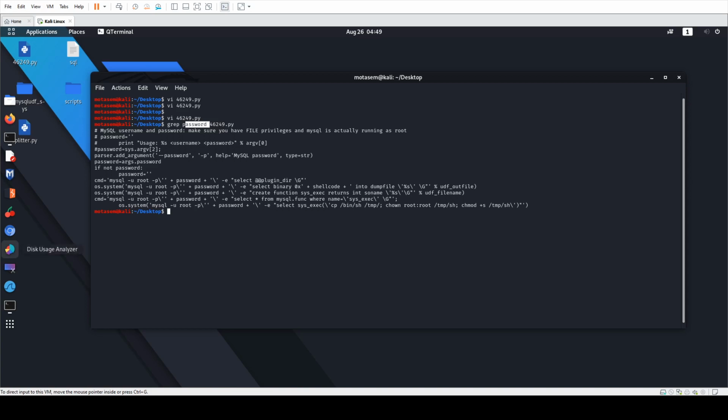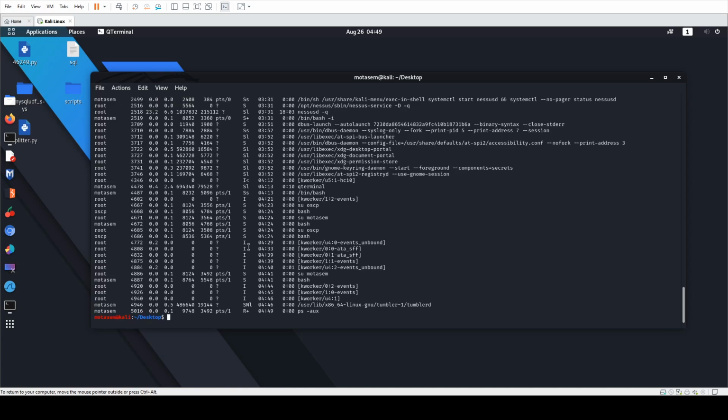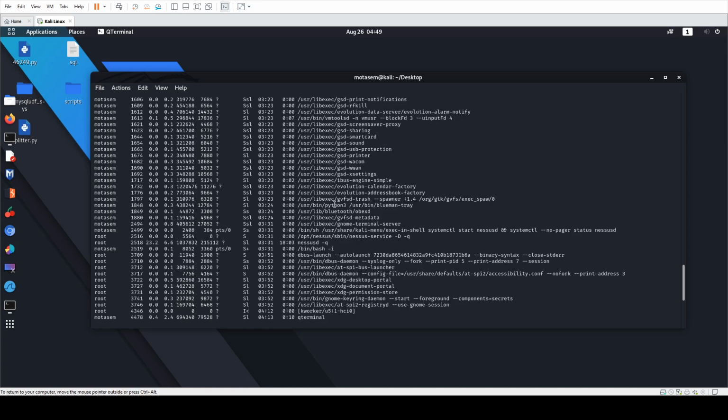Now, let's talk about how we can use the command in a practical scenario, like running processes, right? So if we are investigating a specific machine, and we are looking for a current process running on this machine. So instead of using ps aux and just scrolling through all of this, let's say we are looking for, I don't know,